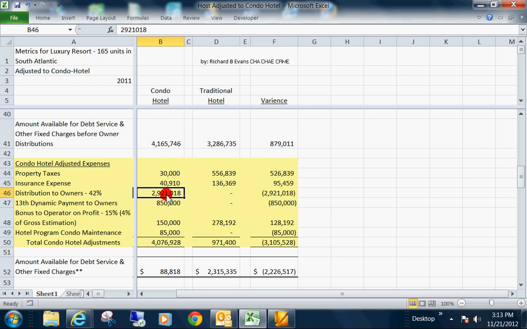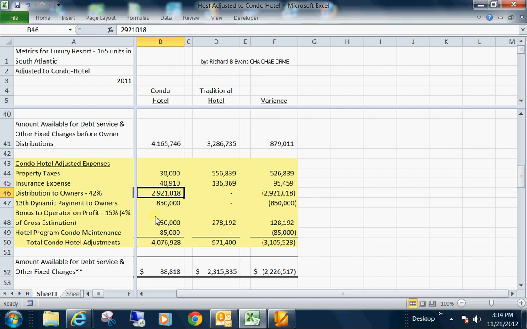Now the distribution to owners, depending upon how well the operator operates the hotel, could be anywhere from 40 to 50%. Because I already knew how this Four Diamond hotel operated, we used a 42% distribution to owners, and that is an actual 42% on gross room revenues. Now, no deductions have been taken from any RMA, and condo hotels often will do that, and what we suggest is that when the association buys the condo hotel program, we eliminate all deductions. We make it what I call simple stupid, easy to understand, and the unit owner, whatever the gross amount of revenues that have come into their specific unit, they will receive